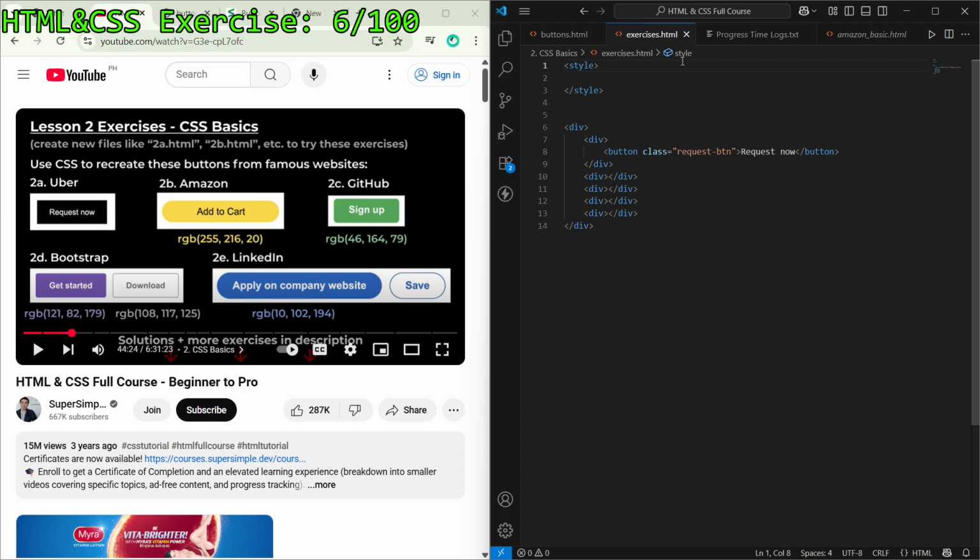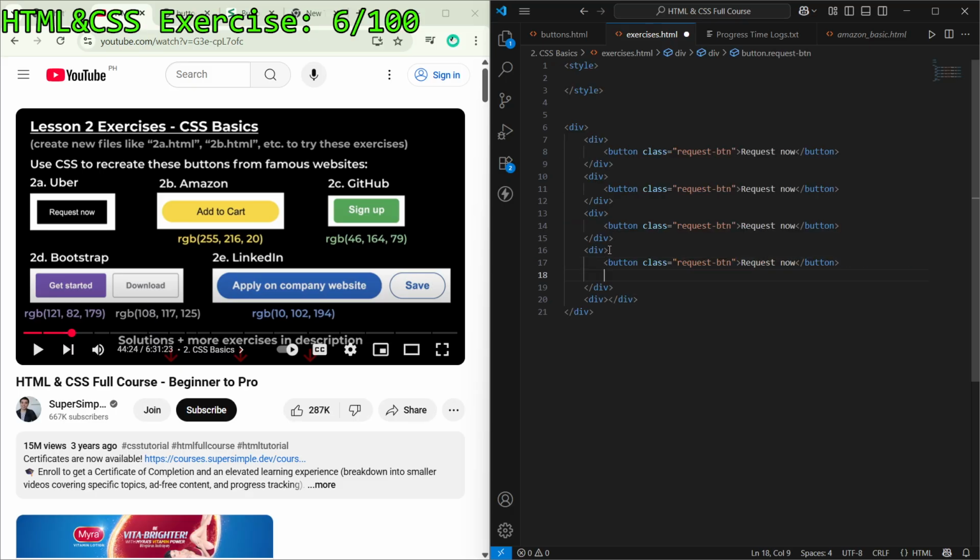Okay, I'm gonna collapse the file... how do you call this? Explorer, the file explorer. Okay, request now. I'm going to do this, 2B, and then this 2C, and then the other two are like next to each other like this. So request now,